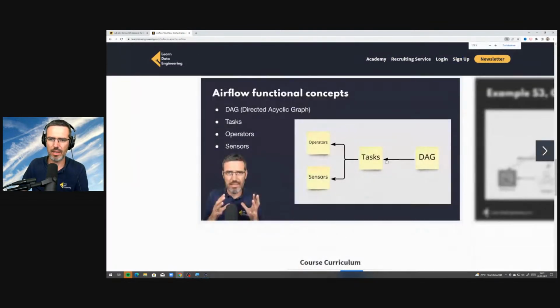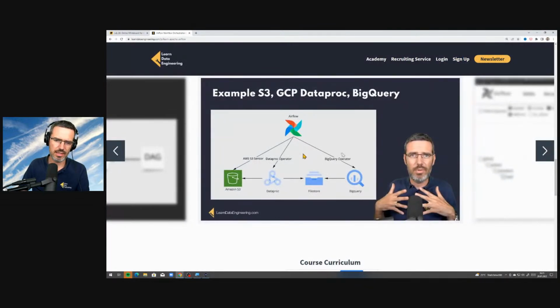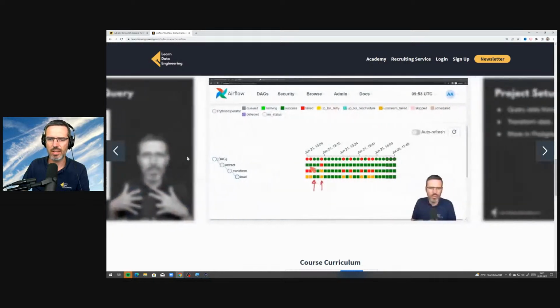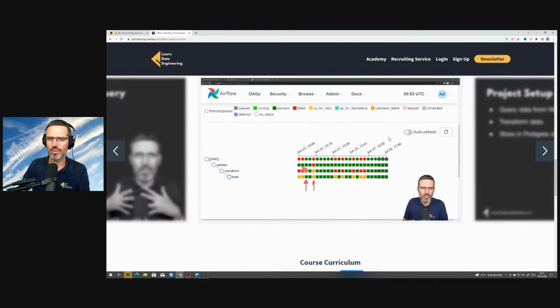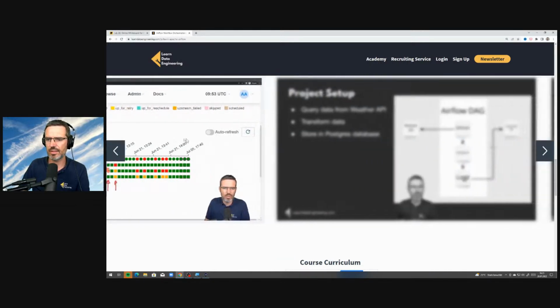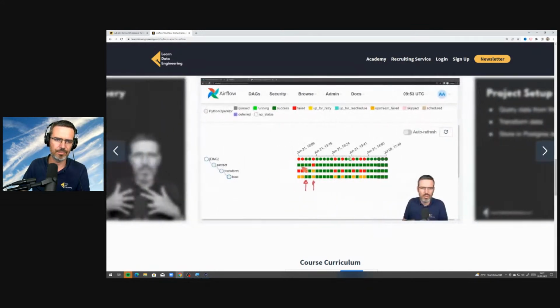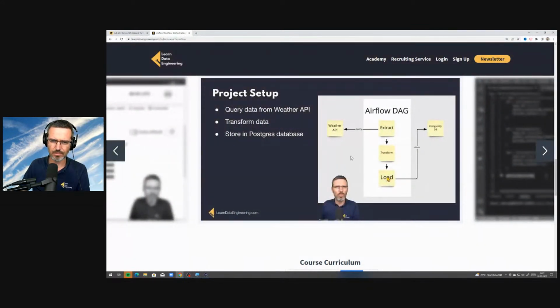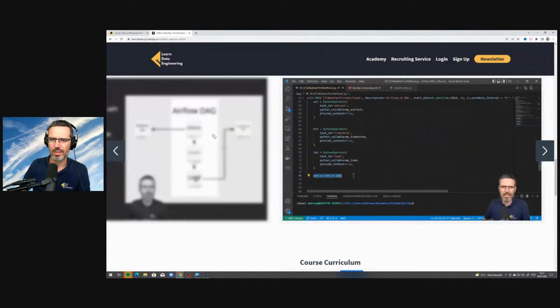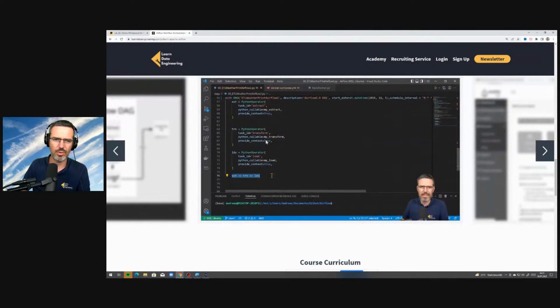I'm talking about how this is used in production, for instance on GCP, the user interface, and we go over running DAGs and the project setup, where we're working with the Weather API.